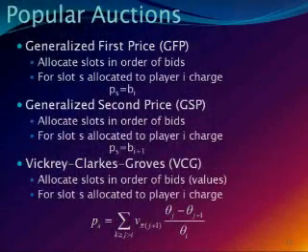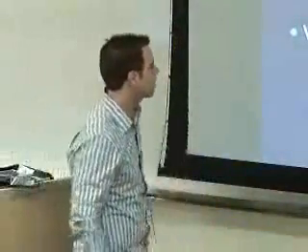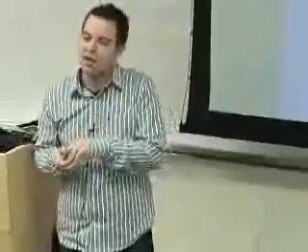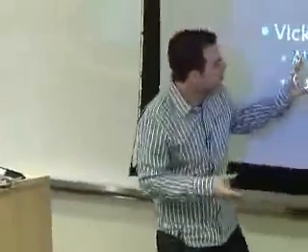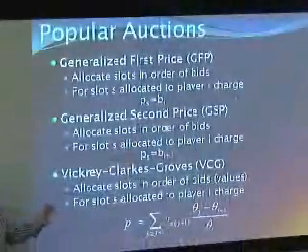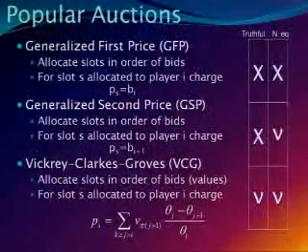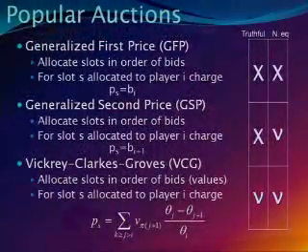And there's also this mechanism often called VCG. I'm going to refer to it as VCG. Basically, the idea, I don't want to go into the equation, but the idea behind this mechanism is that the price you're going to get charged is going to be, in some sense, equal to the harm that you're doing to the rest of the players. Okay? If you don't understand this, it's all right. Why are we even bothering with this mechanism? It's because this mechanism has this really nice set of properties. And